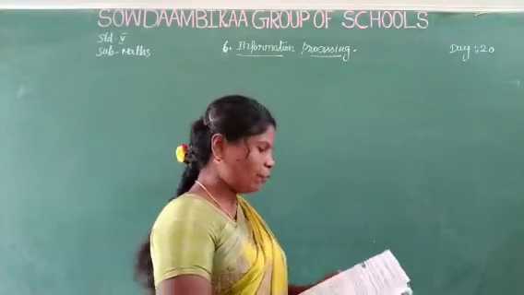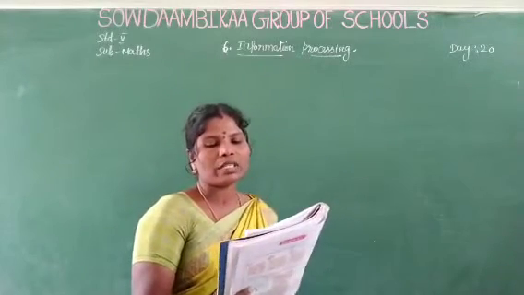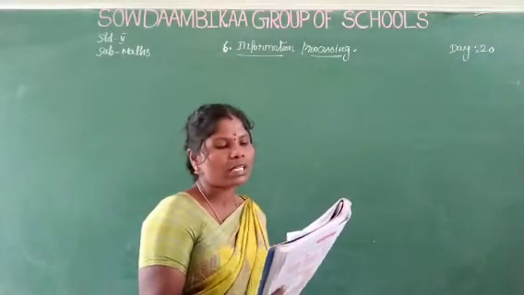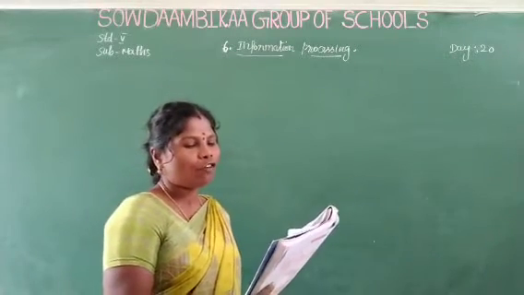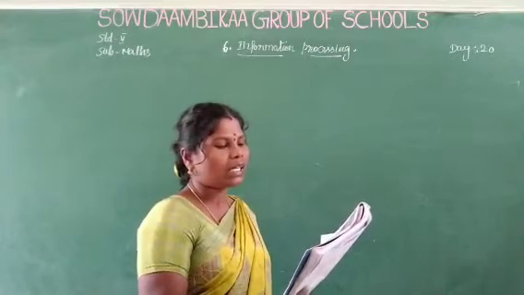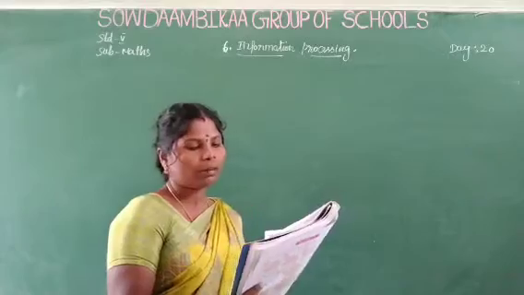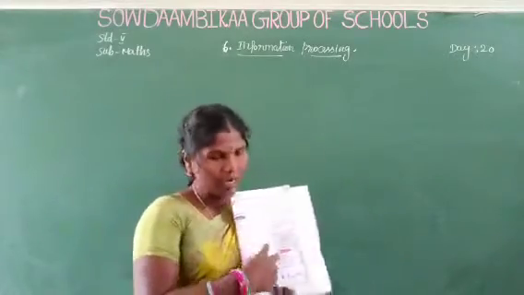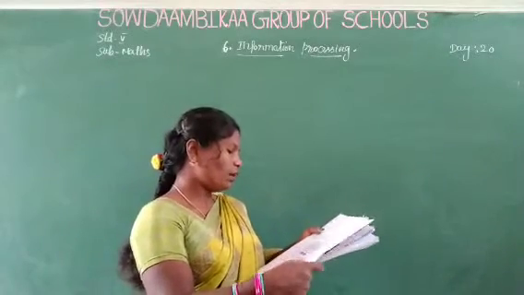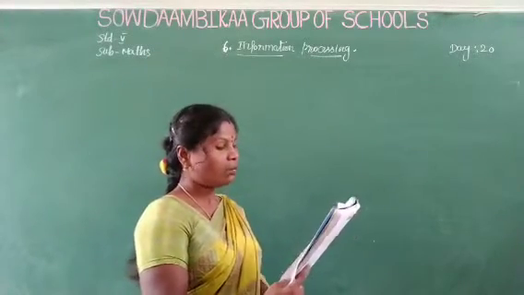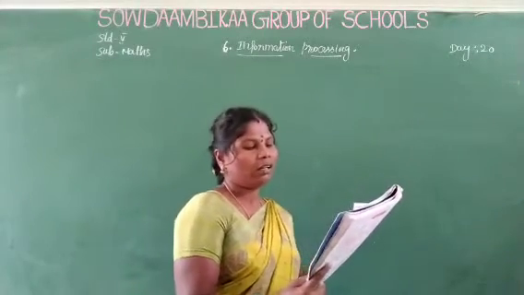Now take the page number 85. Example 1. Sports day celebration. After the sports day celebration, the students kept all the used sports articles in a room. The physical director asked the students, Dinesh and Ganesh, from 5th standard to arrange the sports articles in order. Tabulate the sports articles as below. Okay, see the pictures. So many articles are given here: hockey ball, bat, hockey stick, bat, ball, rope and football.